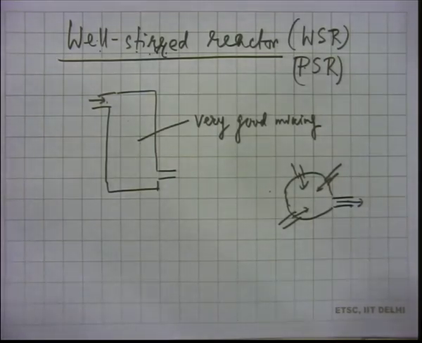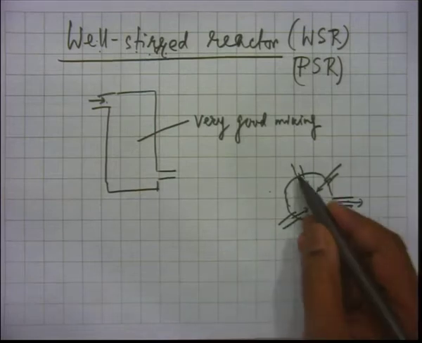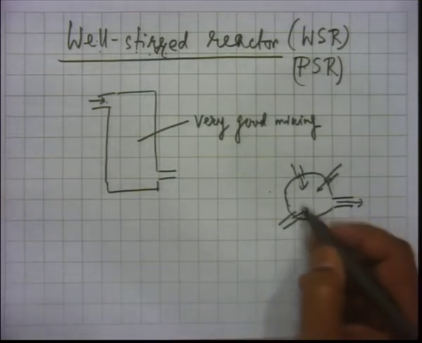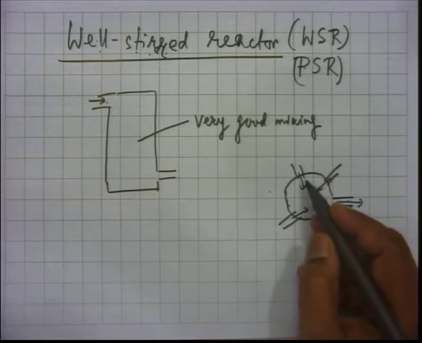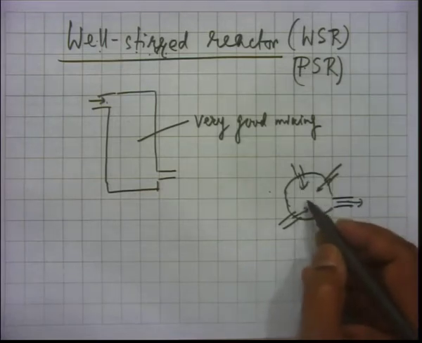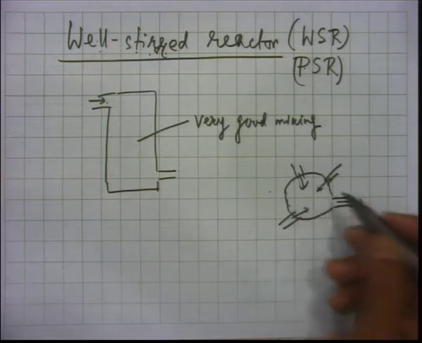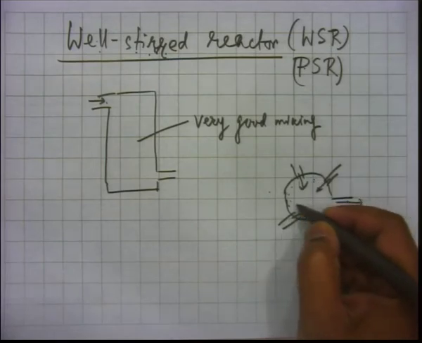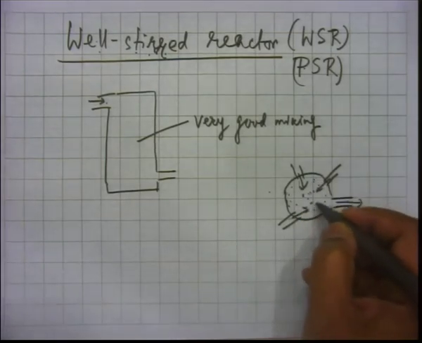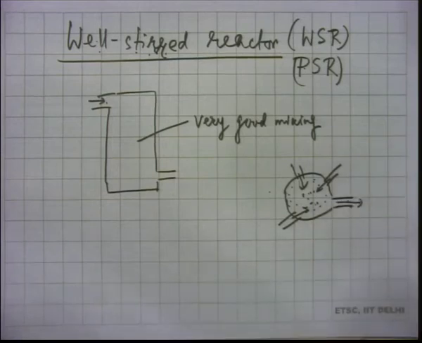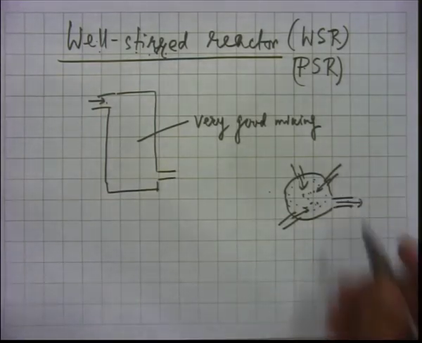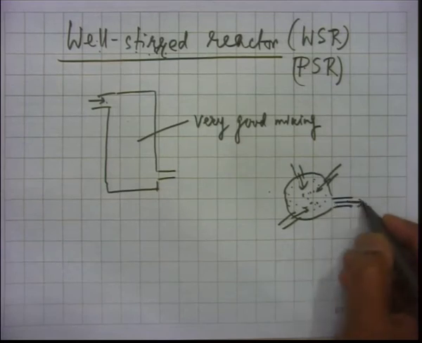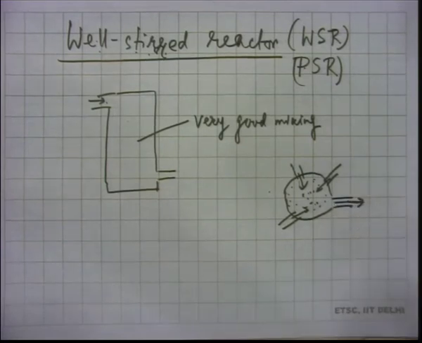Now, we are sending fuel and air, or whatever reactants you have, designed with jets at high velocity, directed in such a way that there is very good mixing pattern generated inside the reactor. The fuel and oxidizer are getting mixed very well. You have the same level of mixing at various points, and if they are reactive, they will react and produce something, and then whatever is produced will go out.